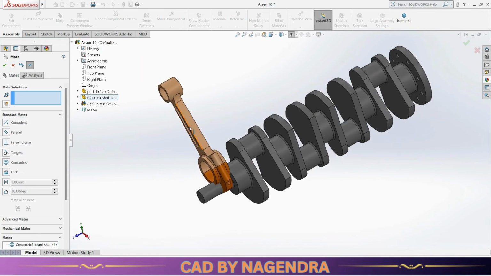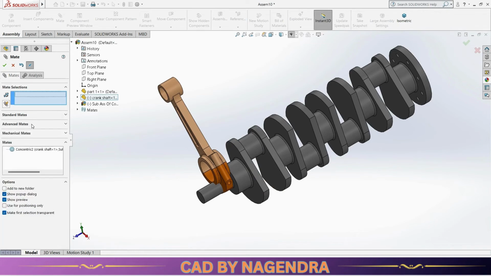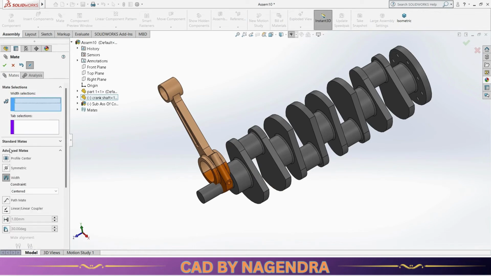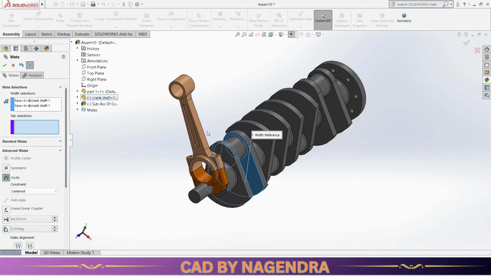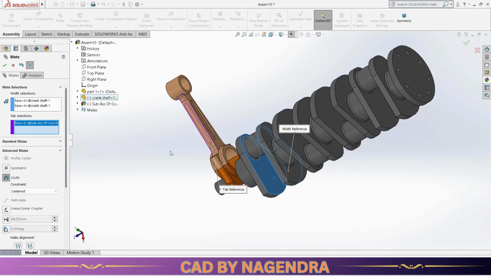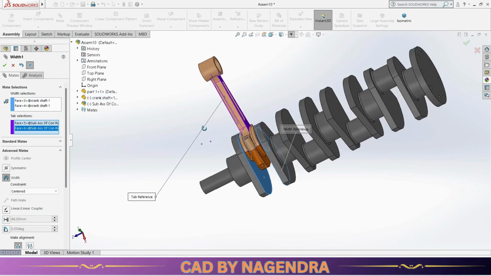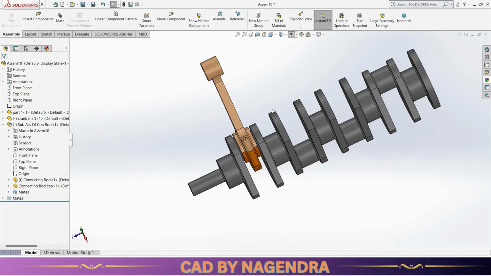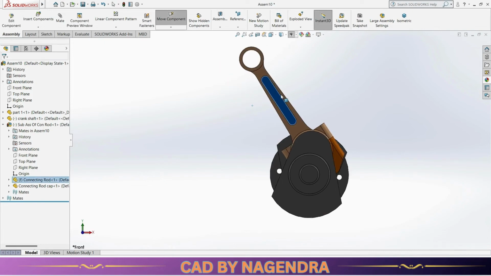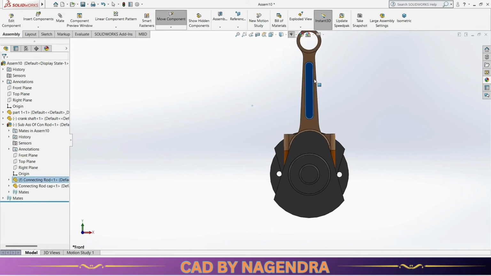Then this entire assembly should fit in between these 2 faces. In that condition, we can go for advanced mates, width, between this face and this face. It should be exactly inserted between them. Properly it will come at the center between these 2 faces. Let's say okay. Press Ctrl+1 to keep it in front view, and we'll adjust this orientation properly like this,